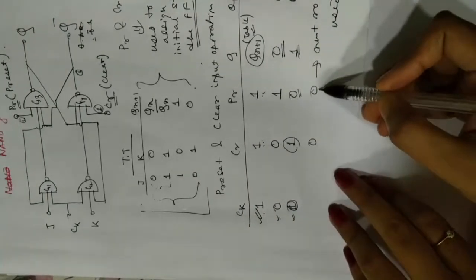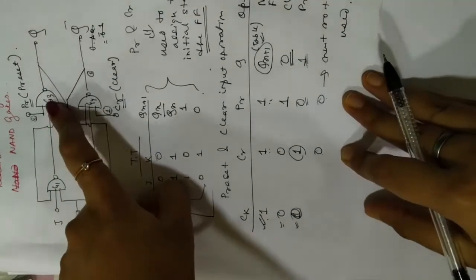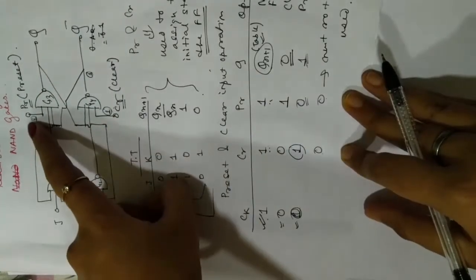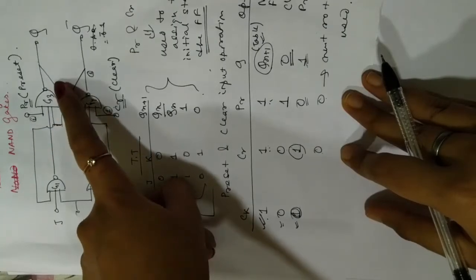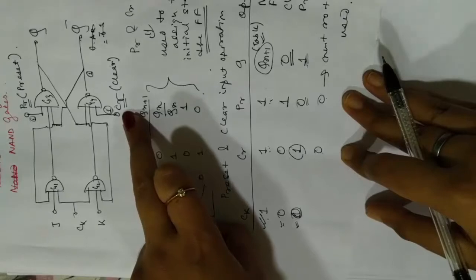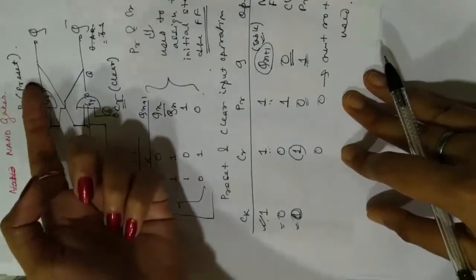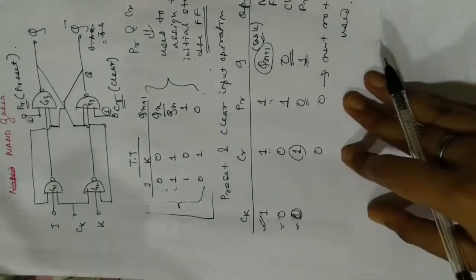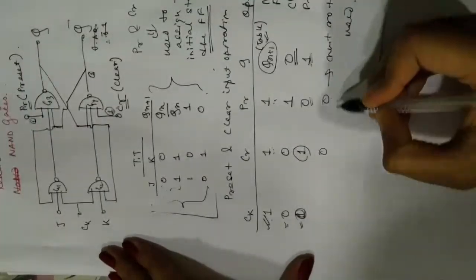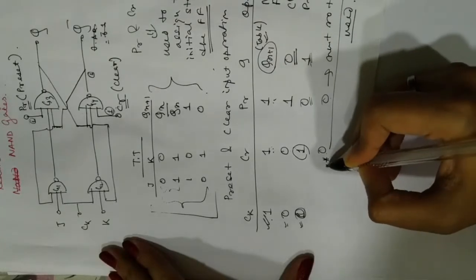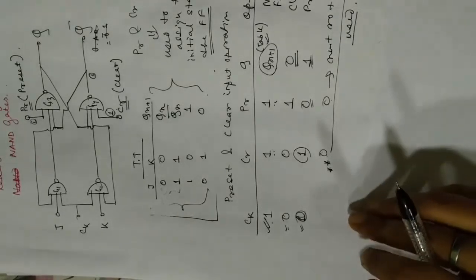And see, the last state 0 0 must not be used. That is also very obvious, because if you pass a 0 through this gate, it automatically gives you a 1. That means if you put PR equal to 0, the output of gate G3 automatically becomes a 1. If you put CR equal to 0, the output of gate 4 automatically becomes 1. But Q and Q bar simultaneously cannot be 1, right? Because one is the complement of the other. So a contradiction happens. This state is not allowed. This is not going to give any proper result, and ambiguous results will be obtained.